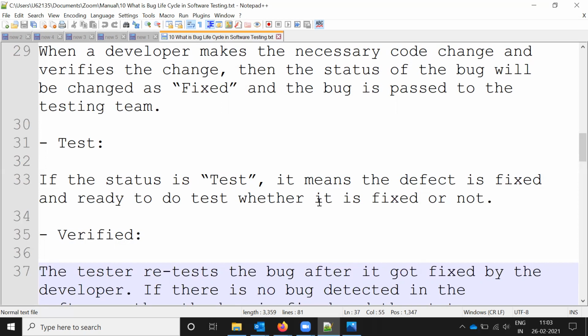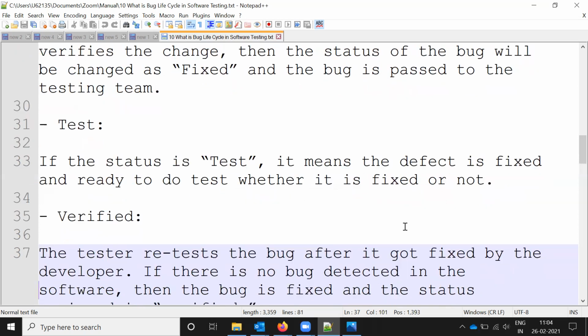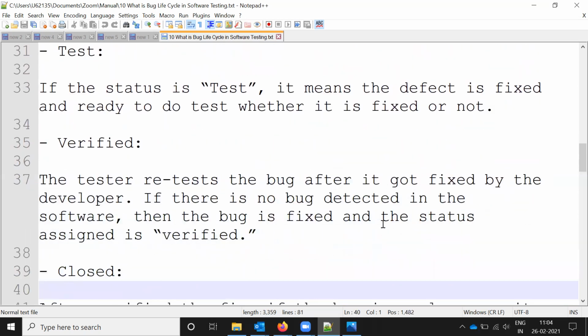Based upon that, whether the developer develops that one or not, we need to check all the places. Once we are happy that all the things are fixed, and the developer has fixed that defect, then we are going to give that one as closed. Once testing is completed, then for verification purposes we need to send it to retest: the tester retests the bug after fixing